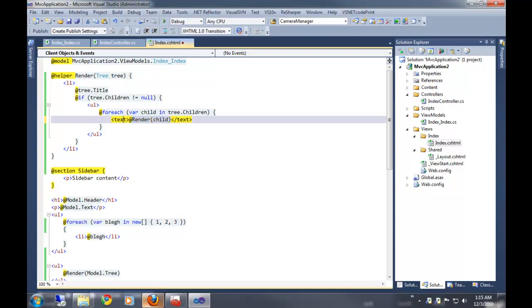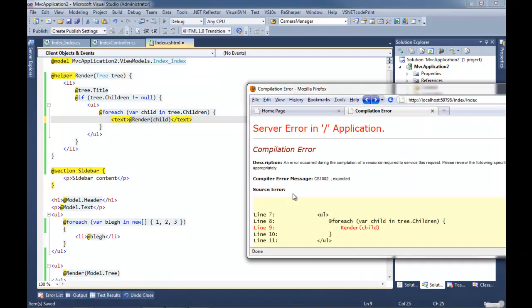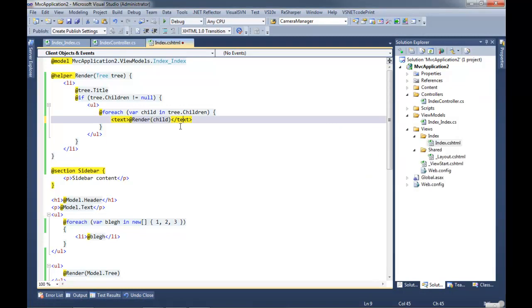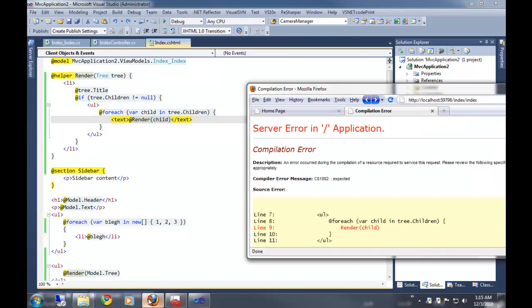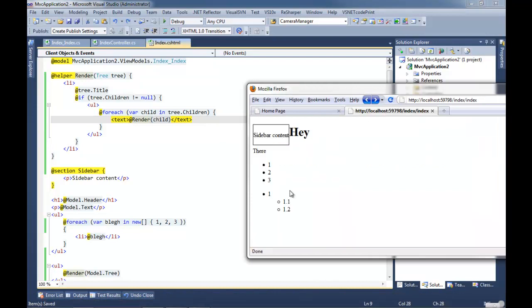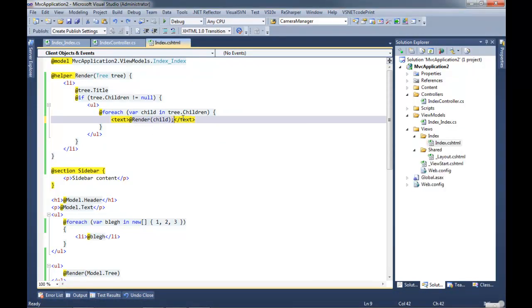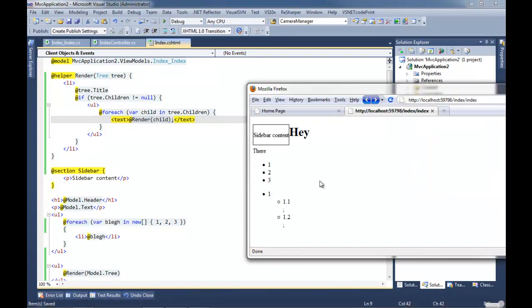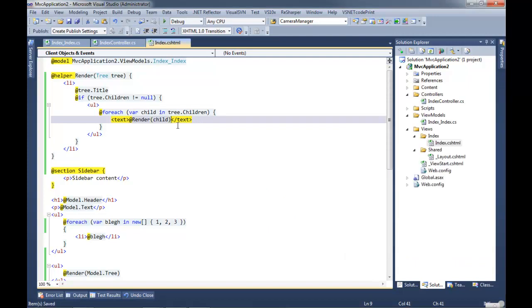Is it because we broke out and then back in that you don't have to have a terminator right after the RenderChild? Exactly. Or it should be. For some reason now I'm getting an error. If the terminator fixes it, that'll be great. No, it's not the terminator, because this is not an expression. Or it should be, at least in theory. And expressions don't need terminators. Okay, there we go. Because this is an expression. If I were to do this, actually, this would be valid. I would just get a semicolon right there. Nice.